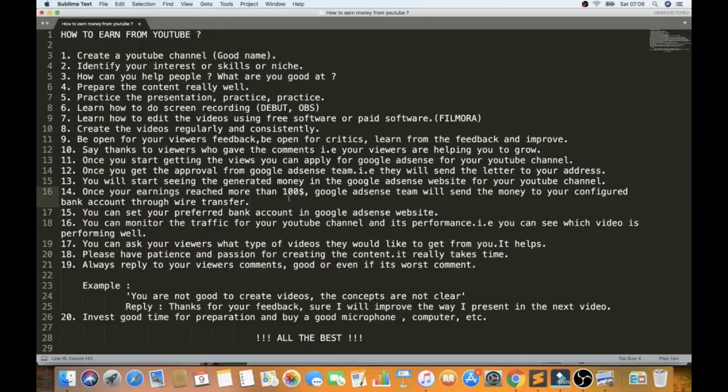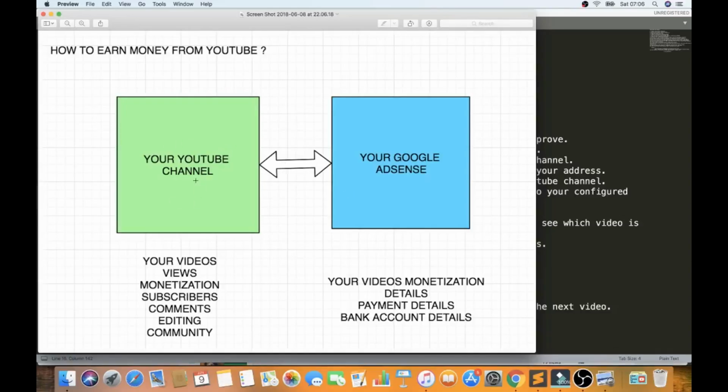Once your earnings reach more than $100, the Google AdSense team will send the money to your configured bank account through wire transfer. On your Google AdSense website, you can set your bank account. So your YouTube channel is connected to your Google account and the Google AdSense account, and in the AdSense account you can set your bank account details.